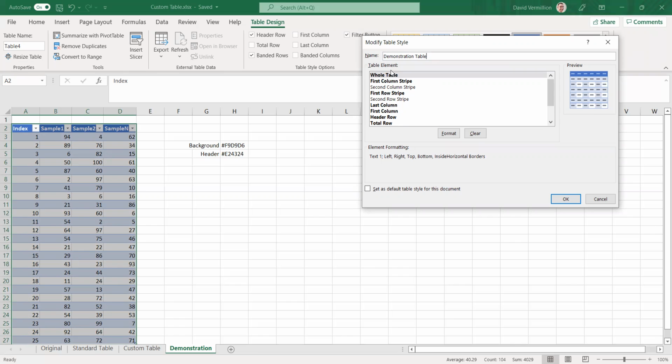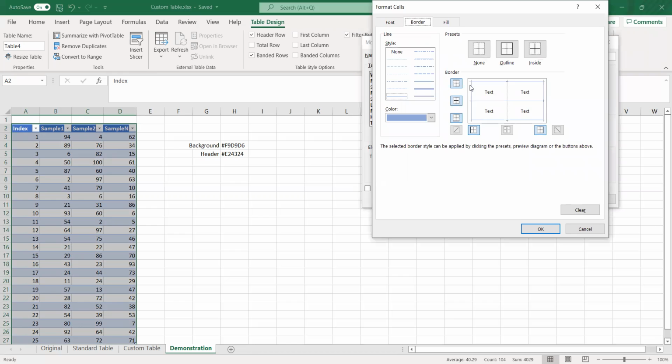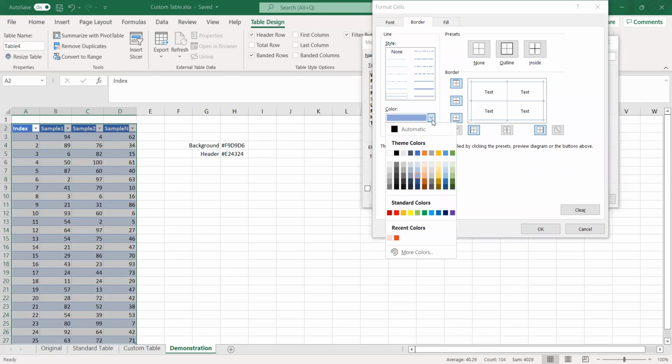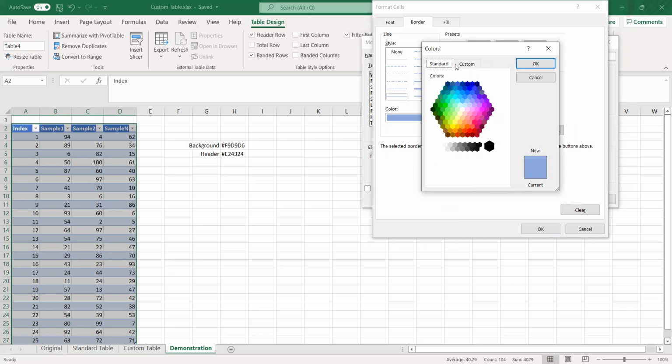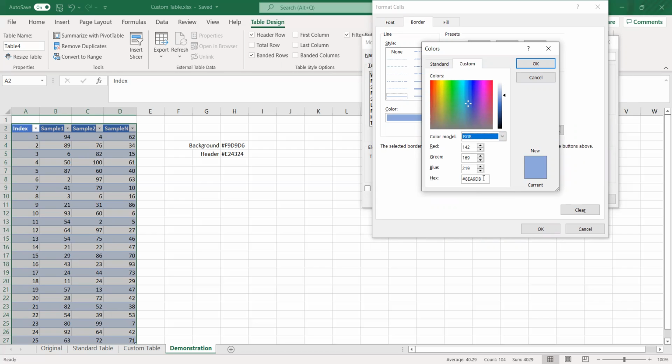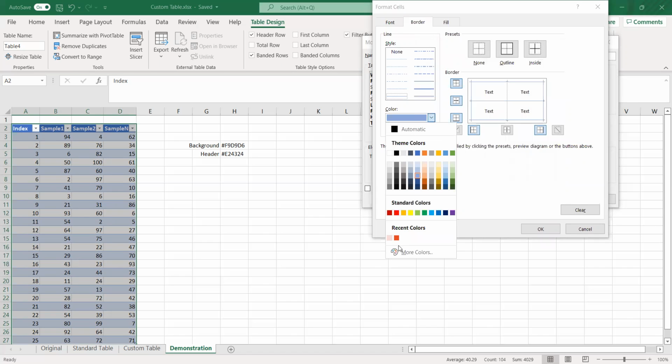So let's start first with the whole table. We will go to Format. And here you can see the blue borders where they have been pre-selected. So we're going to go in here and we're going to select our colors. These are already showing here because I have been using this, but if you needed to go in here and edit it, you can create your custom color scheme using standard colors, custom with RGB or hue saturation, and a hex code here. So let's go ahead and select the vermilion color, and then we need to go through and